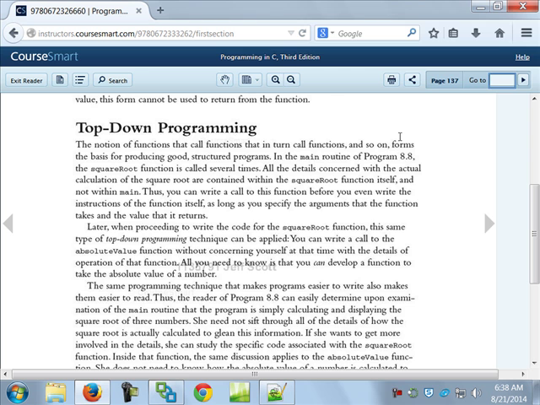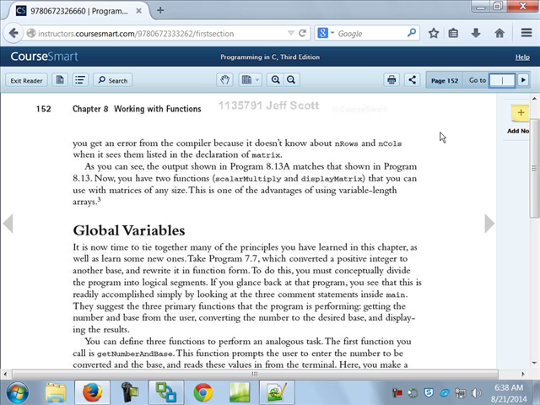But here we're talking about top-down programming, going from the very general to the very specific, and breaking it down into groups of functions. There's a little bit more on that in there, and they probably do a better job than I just did of explaining it to you, but it's pretty good.